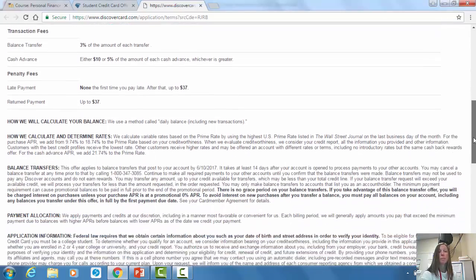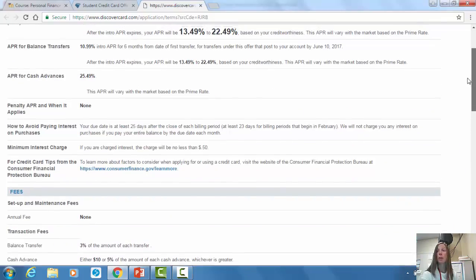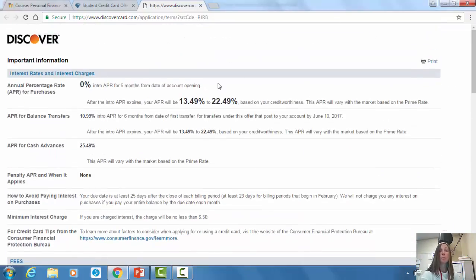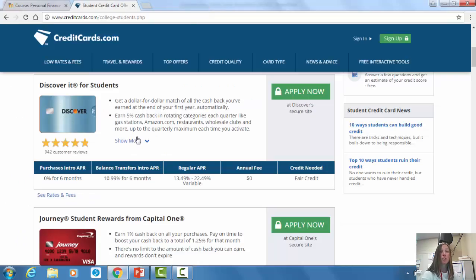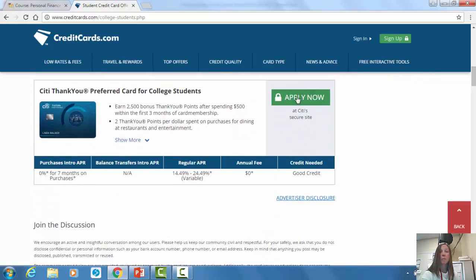So you will need to be able to find this. You'll have an assignment where you will have to compare credit card offers, and you will be able to find all this information if you find the Schumer box. Sometimes you may actually have to click on Apply Now to some of these. You will never have to actually put in your information, but if you click on Apply Now,